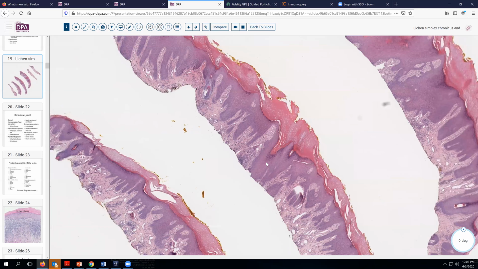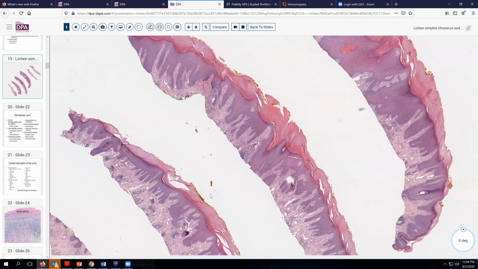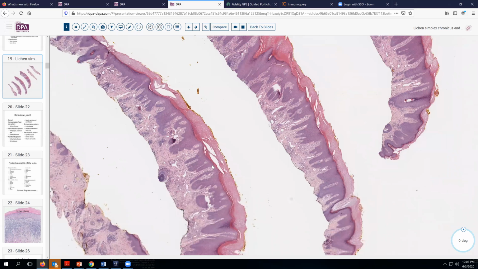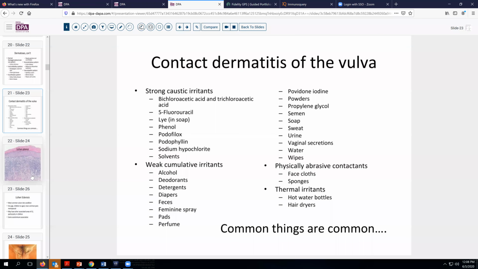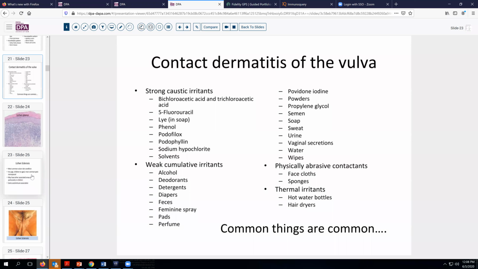And rubbing is obviously a frequent problem when patients become irritated down there, and you can get secondary lichen simplex changes fairly frequently. Now, just to touch on contact dermatitis in the vulva, this is just a short list